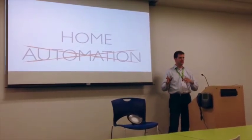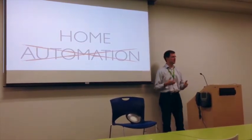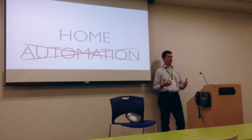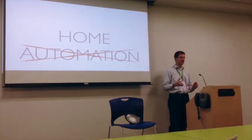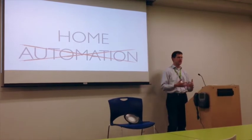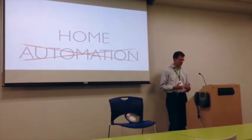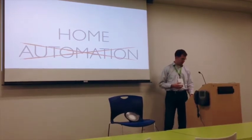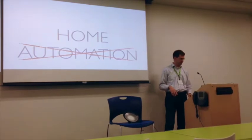built by some vendor, it's all tested and working nicely on its own, but you don't really reach what people now tend to call the Internet of Things, where things are connected with each other from different systems, different vendors, and so on. So if we don't have a smart home, we don't have home automation by that,